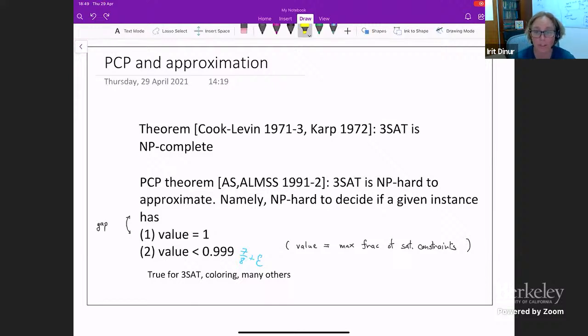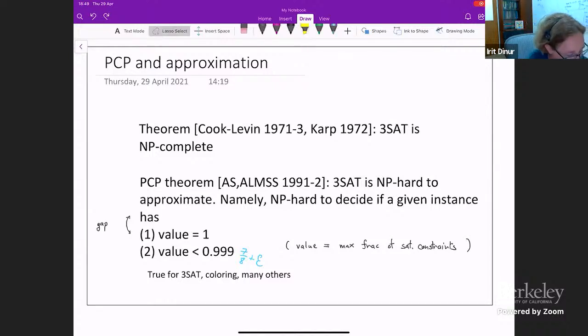We also know that it's not only NP-hard to find a satisfying assignment exactly, it's also NP-hard to find an approximately satisfying assignment. That's exactly the content of the PCP theorem. What does it say precisely? It says that the following problem is NP-hard. Given an instance of 3-SAT, it's NP-hard to decide